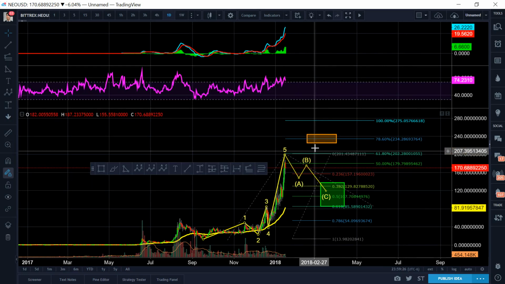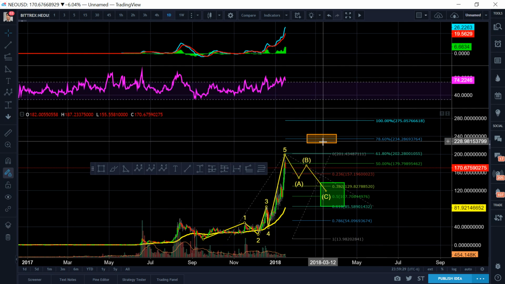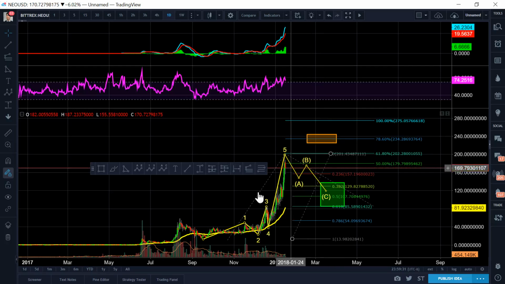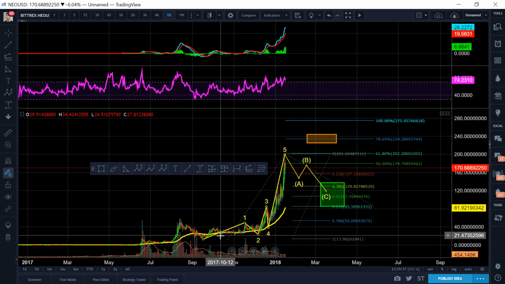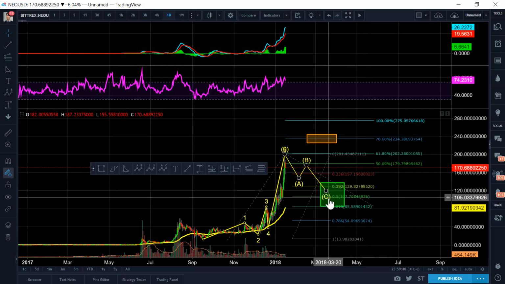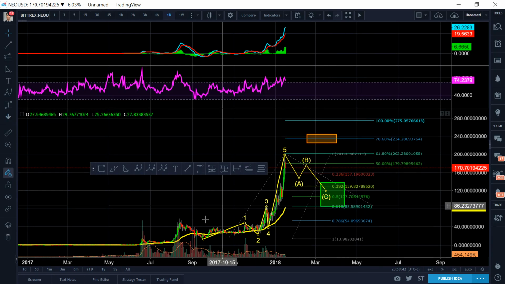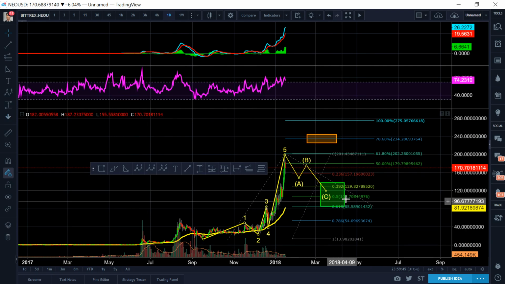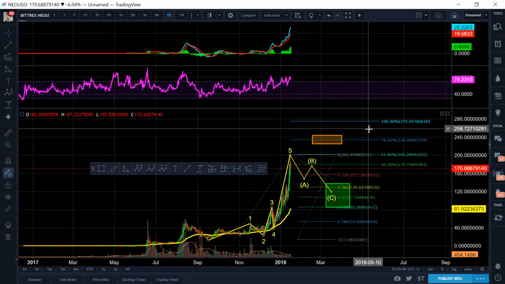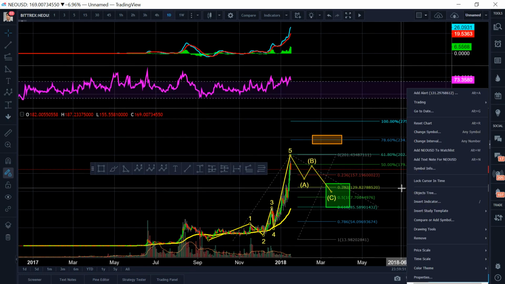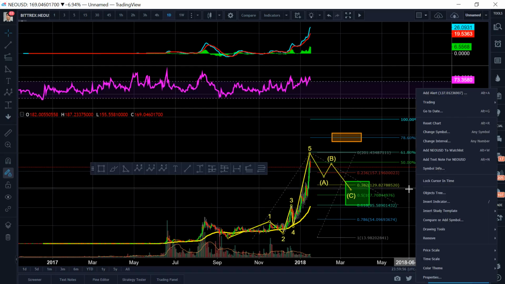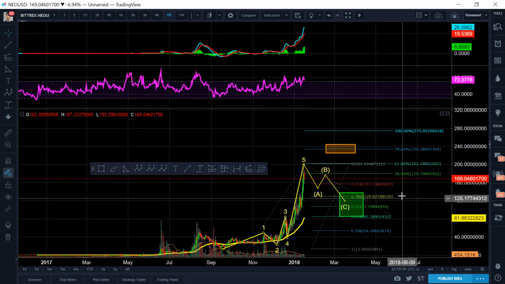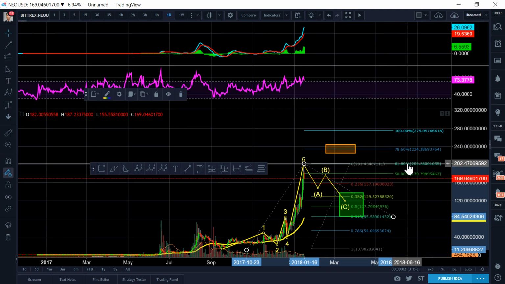So if there was still a 5th wave up, it would be $230 to finish the 5th wave. But if this was like one entire wave that finished already, and it's about to start its 5th wave up, so this is now 1, 2, 3, 4, and it's going to start its 5th wave up. If that were the case right there, but it's still really bullish, right? Sorry, if that were the case right there, then just target 1 for Fibonacci of probably the first subwave, that one would still be $230.